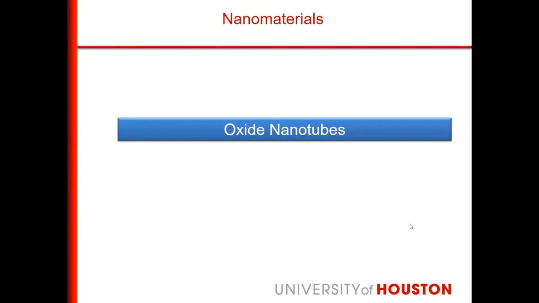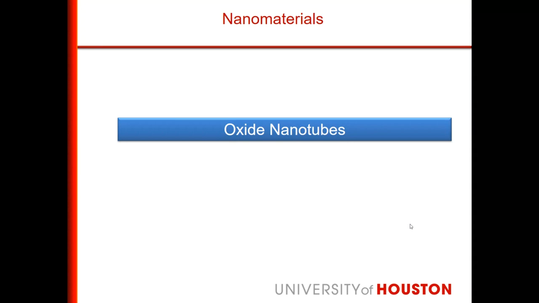Now, what can we do? This is one of the projects which we are doing, how to address this pollution problem, the carbon dioxide problem. We will come back to that later, but let us see how we are making the nanomaterials. One example is oxide nanotubes. This is just one of the materials we prepare. This is not carbon nanotube, but we can make something similar to carbon nanotube. We can make nanotubes of a lot of different materials.